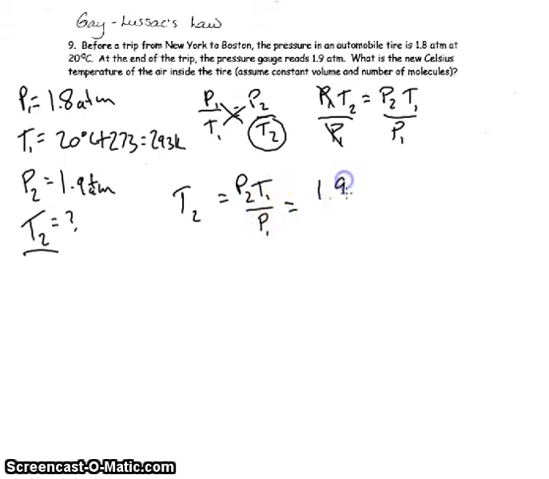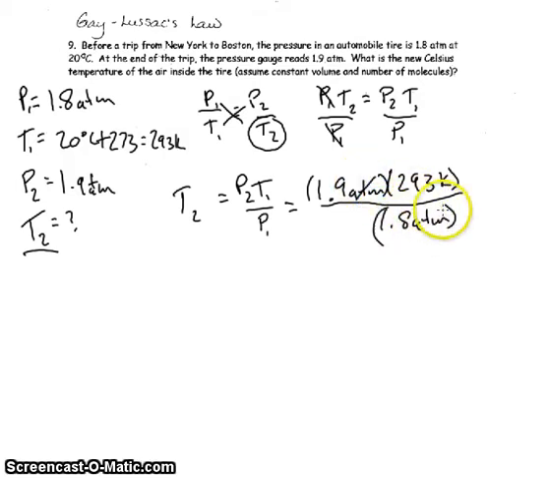So my P2 is 1.9 atmospheres, and my T1 was 293 Kelvin, and my P1 was 1.8 atmospheres. And we're going to cancel out my atmospheres, and that's just going to leave me a temperature in Kelvin. So you go over to the old calculator, 1.9 times 293, hit enter. We're going to divide that by 1.8. And we get an answer for this is going to be 309